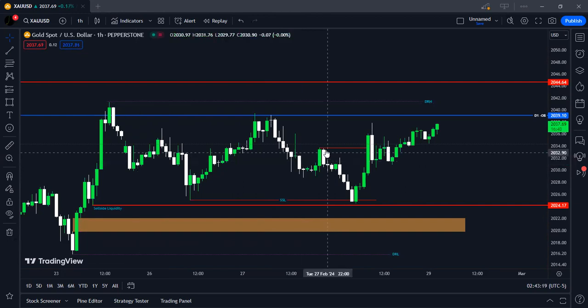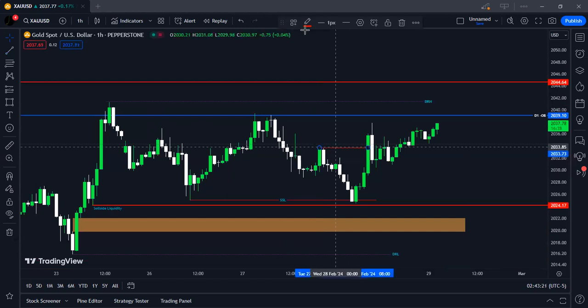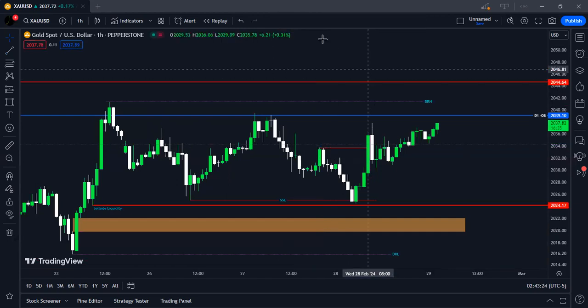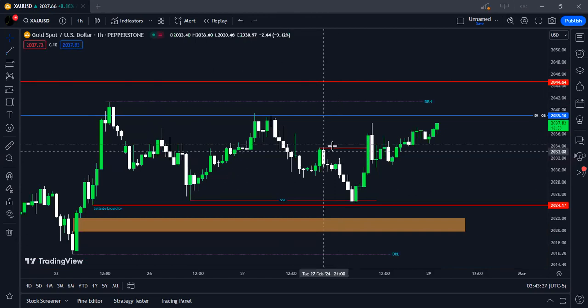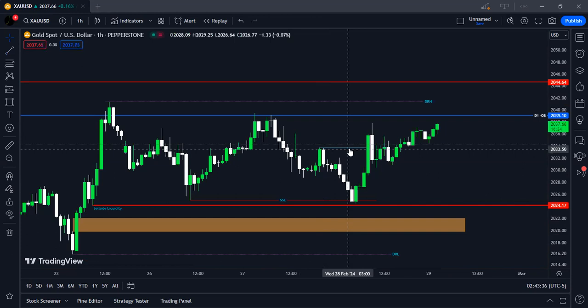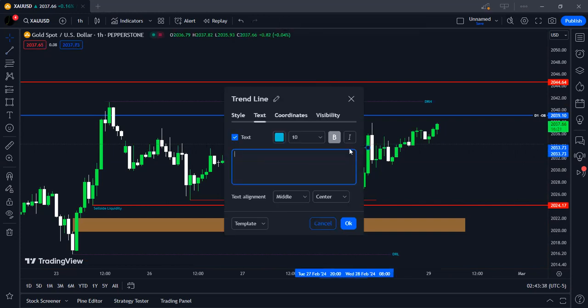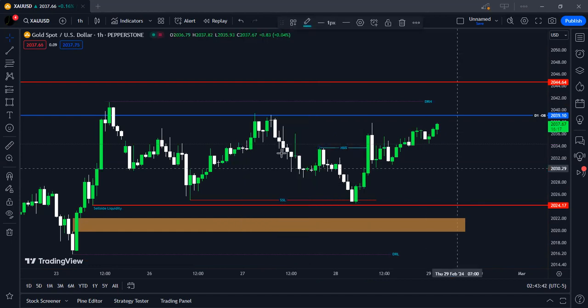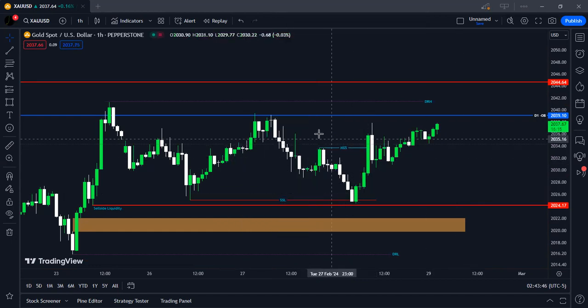Okay. So let me change the color for this one. Let's make it aqua. So this is market structure shift. Yeah, so we shifted bullish here. This lower high was broken once after we swept sell side liquidity. So sweep sell side liquidity, market structure shift,